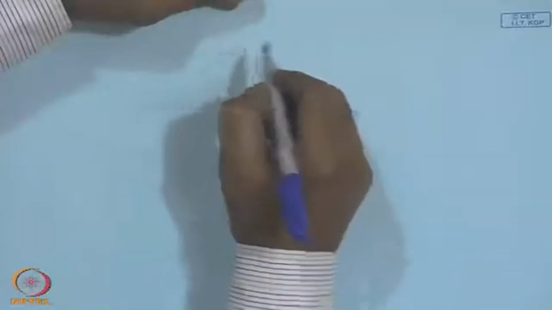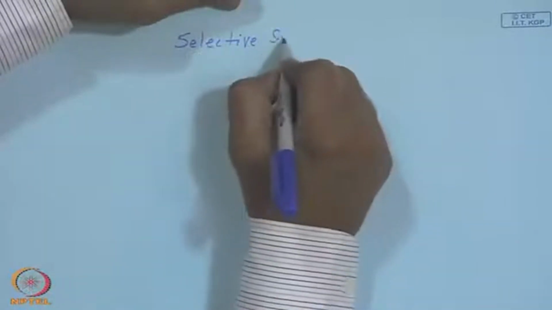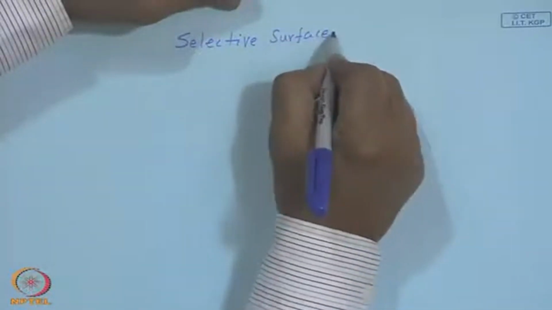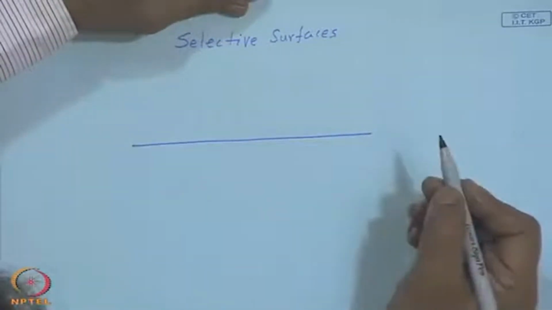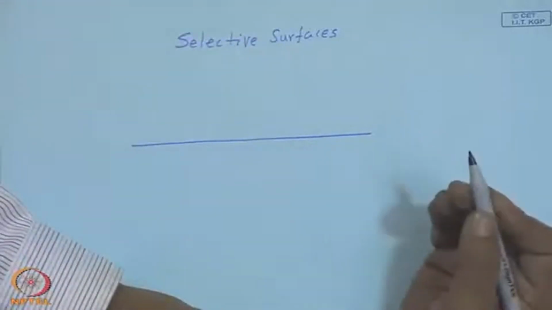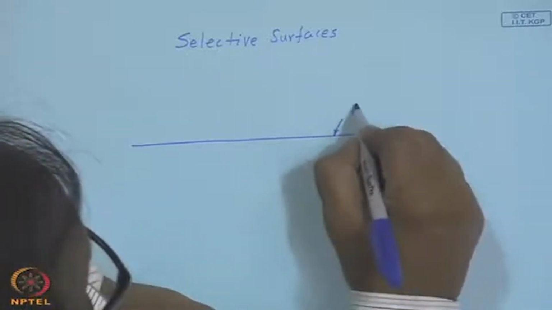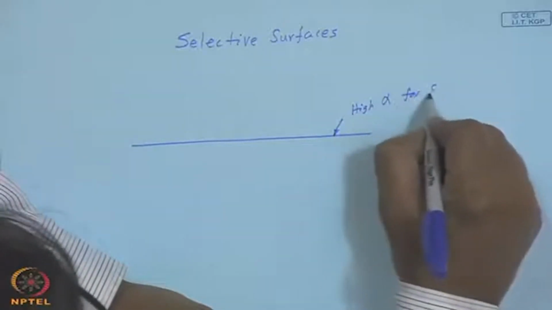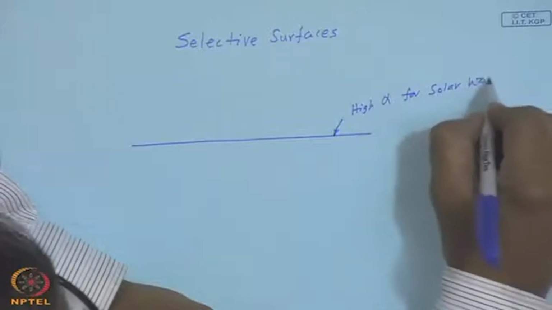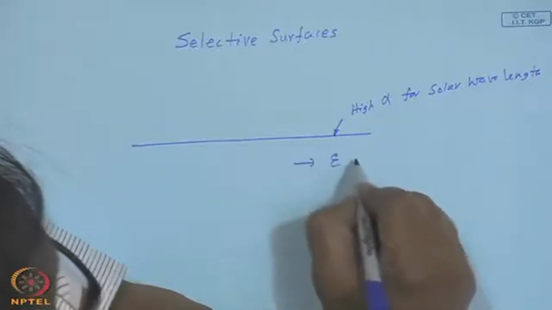Now, when we were right at the beginning talking about basic principles of solar collectors, in general if there is any surface, we have used the methods of reducing conduction, convection and radiation loss, and it should obviously have a high alpha, absorptivity for the solar range. So, this implies epsilon also high